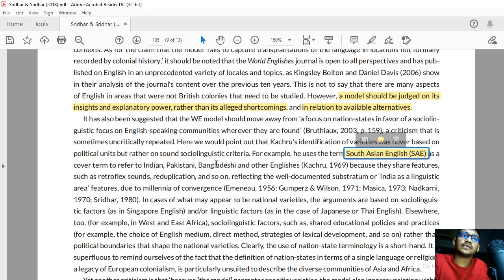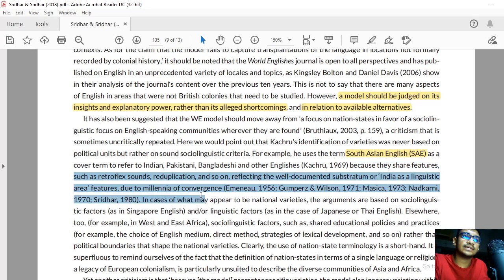So it's better, and it's also more fair, to categorize based on sociolinguistic data, and Kachru did do that. Okay, because they share features such as retroflex sounds, reduplication and so on,